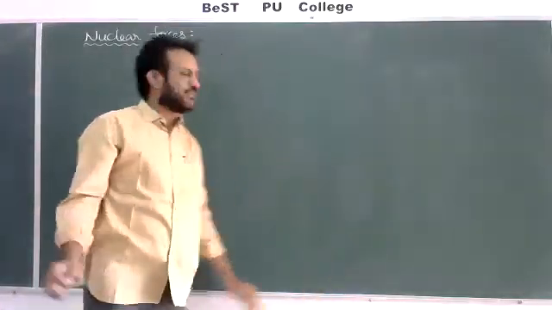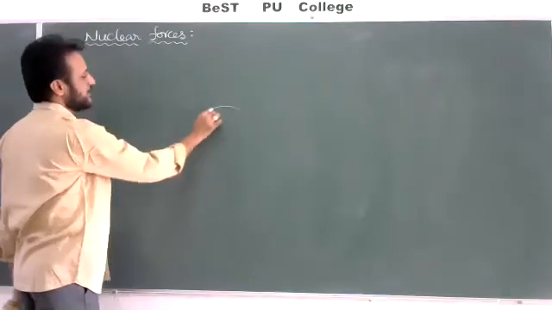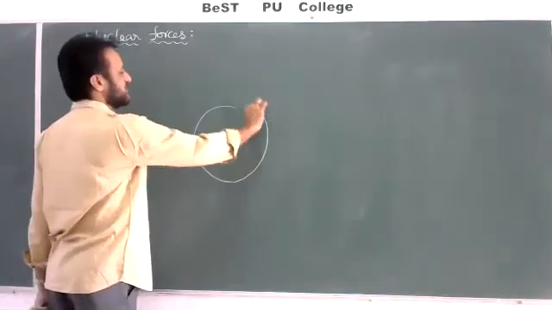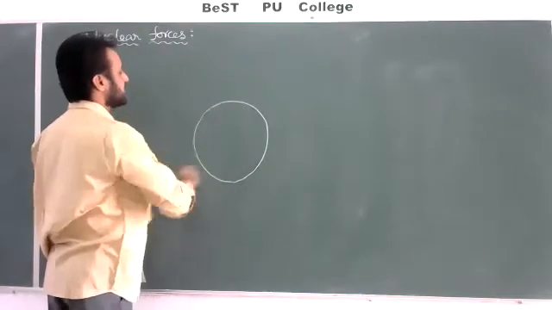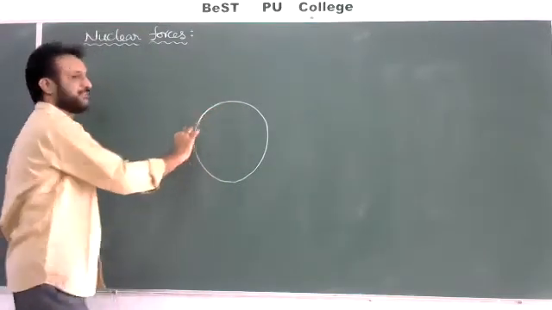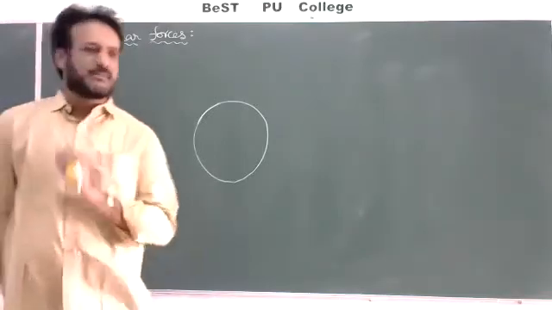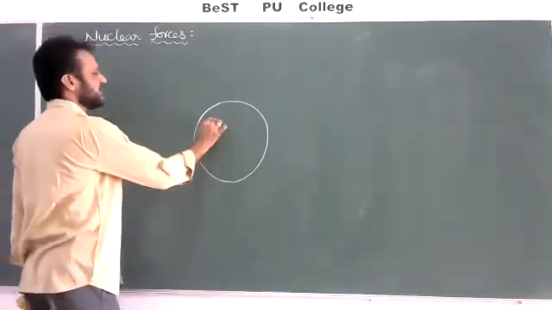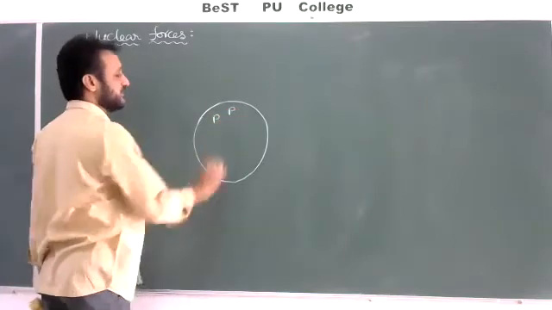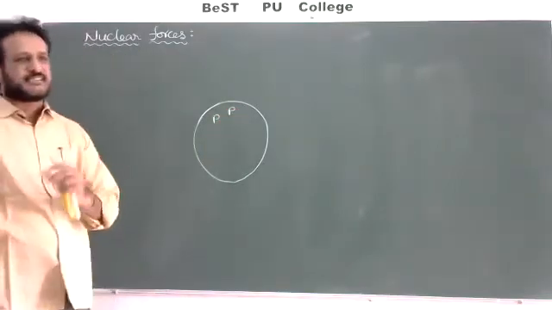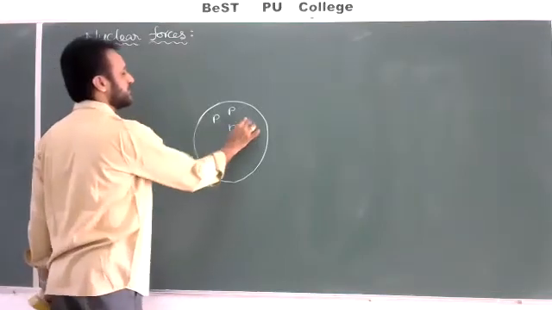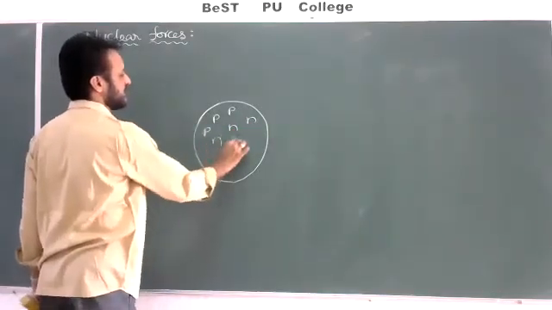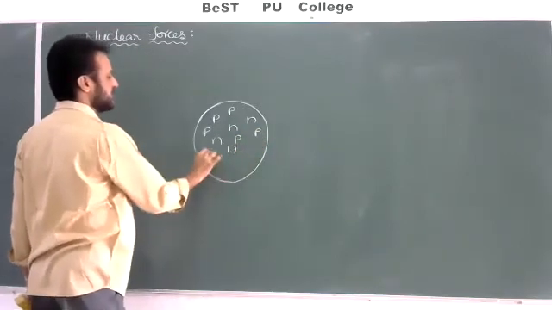Generally, whatever nucleus you may consider, it contains protons and also neutrons. Say I choose a nucleus having a spherical shape with a size around 10 to the power of minus 15 meter, equal to 1 Fermi. For example, this nucleus contains Z protons and also A minus Z neutrons. So it contains protons and neutrons.